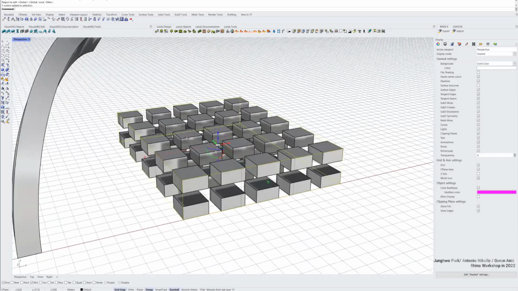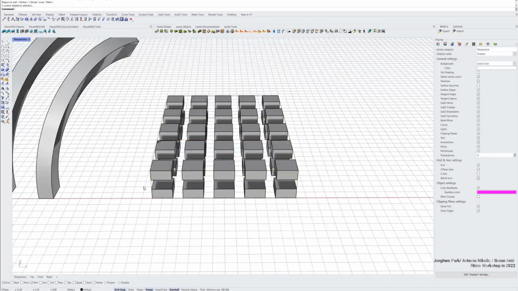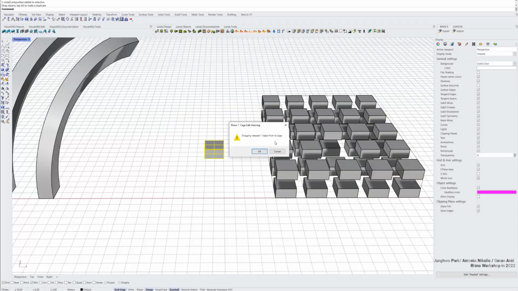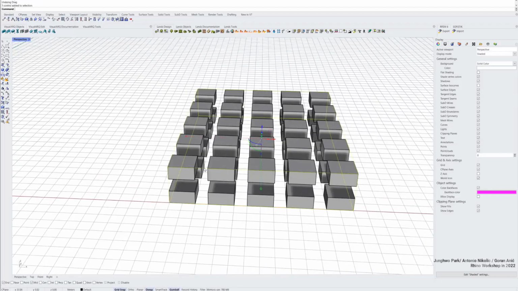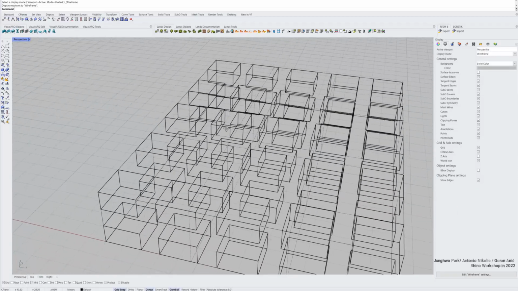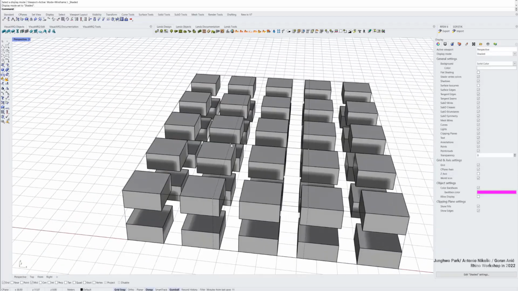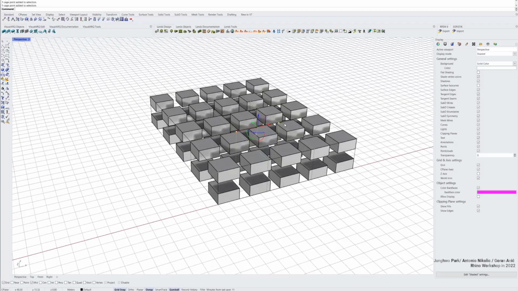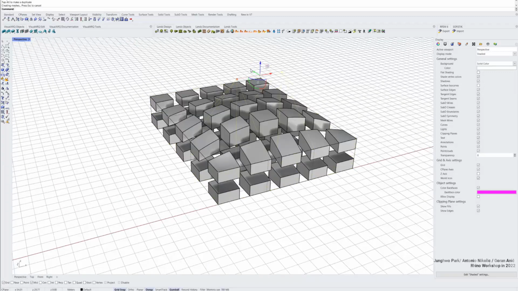Yeah, this cage. Once you select this cage, we can move all the objects from this cage. And if you want to move a single object from the cage, it will break the relationship. But what is interesting now is that if you press F10, you get the control points of the cage. And now if I move this point up, you can see the